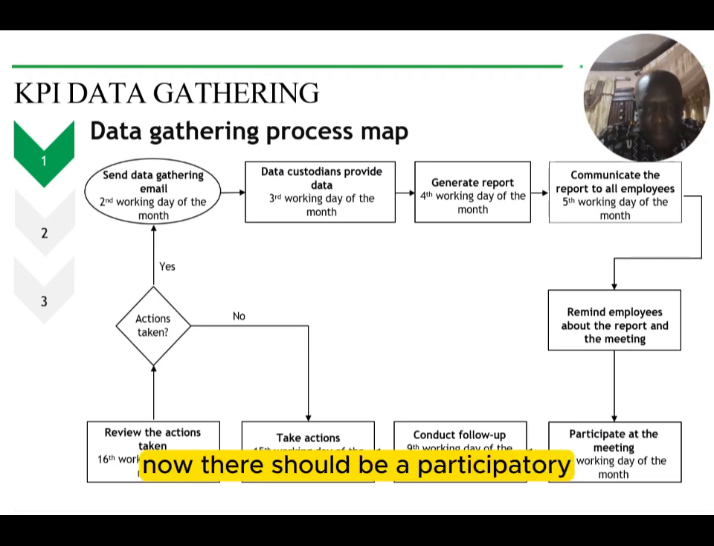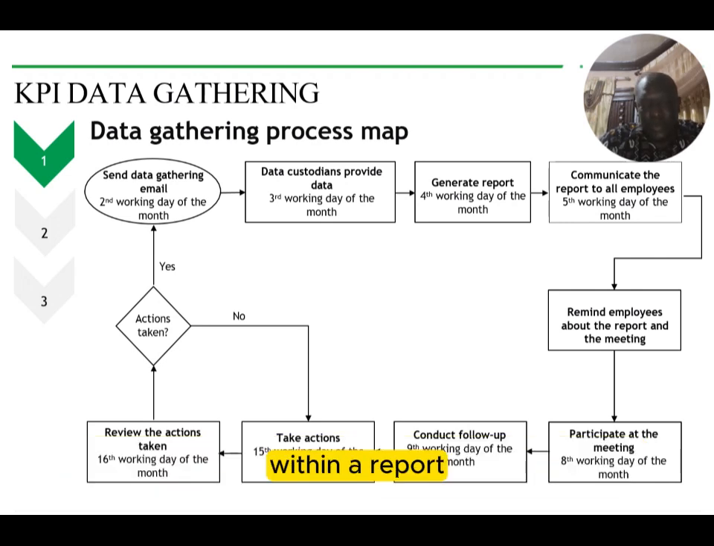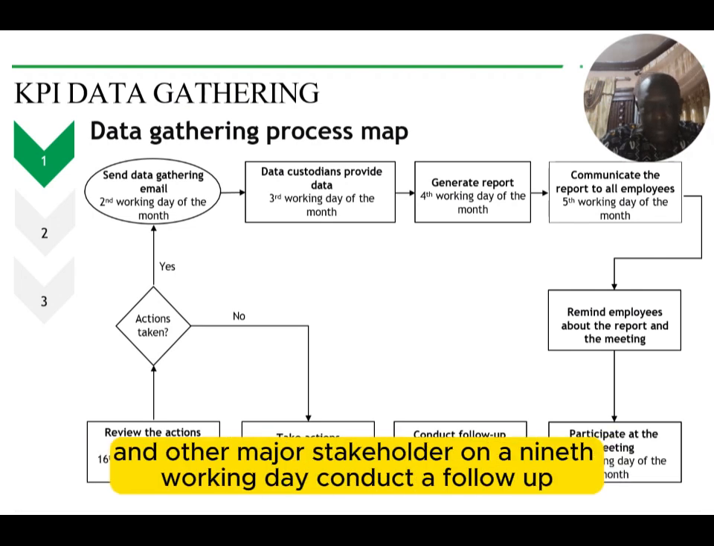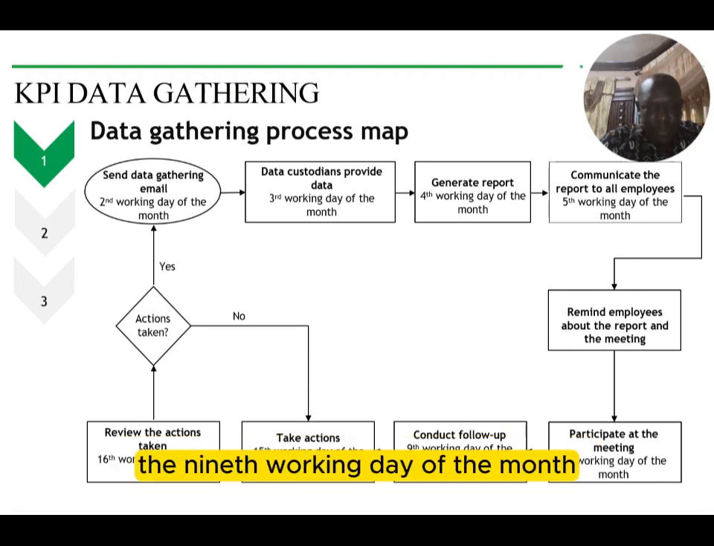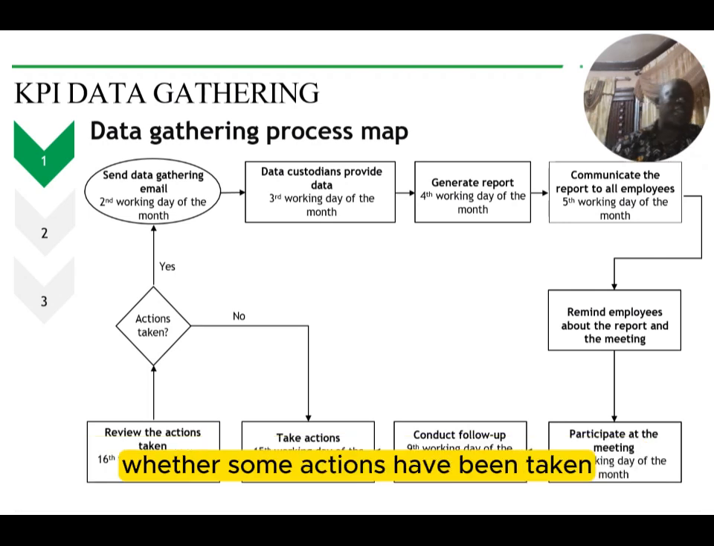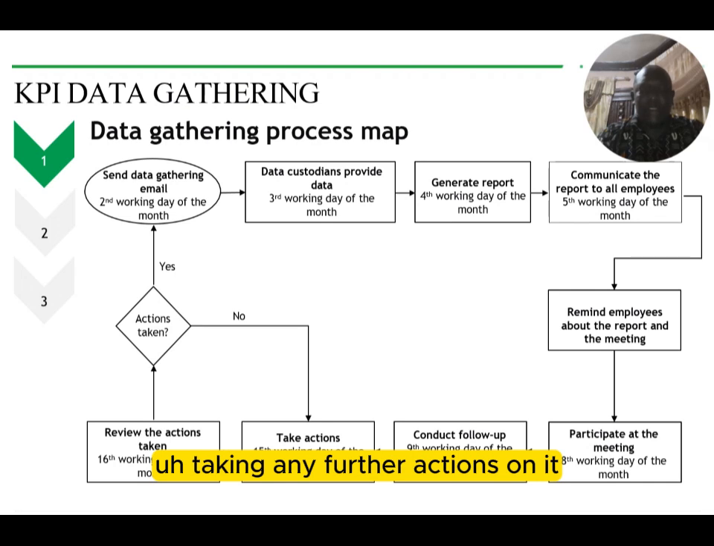Now there should be a participatory meeting on a working day of the month to discuss other key issues within the report. This meeting will involve the KPI owners, data custodians, and other major stakeholders. Later in the month, we're going to conduct a follow-up to see whether some of the issues that came up during the report have had actions taken, or whether the team is not taking any further